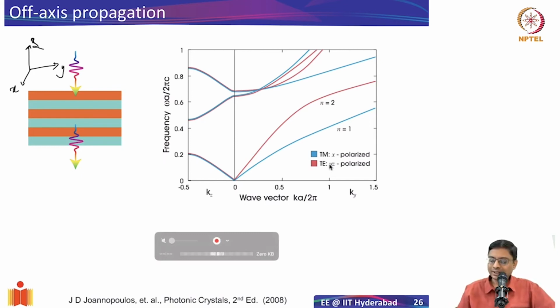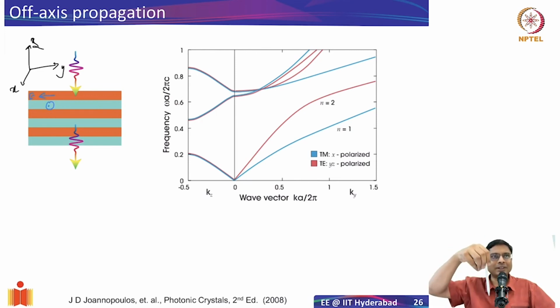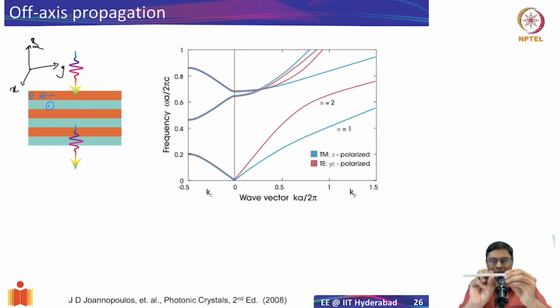So you can have an electric field which is along this plane, or you can have a situation where the electric field is perpendicular to the plane. But in effect, since you're normally incident, the wave does not see any difference, because for example, the wave is able to go in this direction. So whether the electric field is here or here, it doesn't make any difference. It's going to feel the same environment.